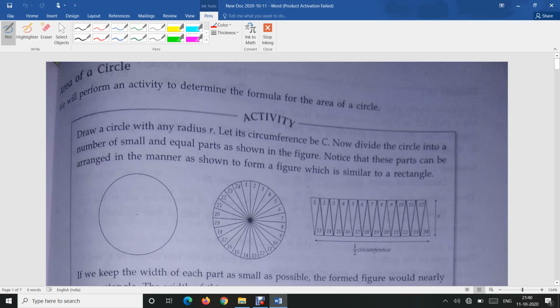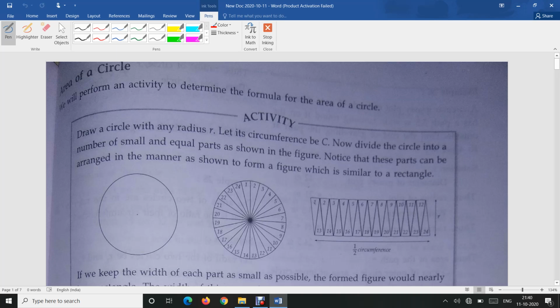This is your mathematics class. So I told you about the area and also the circumference of a circle and the perimeter of different shapes. In the previous class we learnt about the area of a square, area of a rectangle, area of a triangle and area of a parallelogram. Also we learnt about the perimeter of a square, perimeter of a rectangle and circumference, which is a type of perimeter, but when we talk in terms of a circle then we use the term circumference. So we studied about the circumference of a circle.